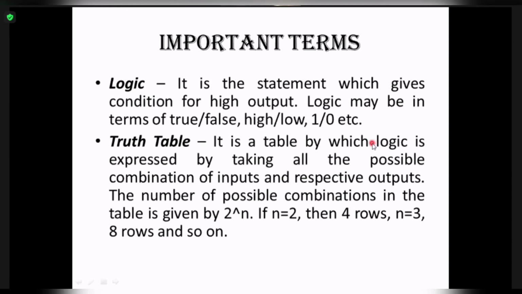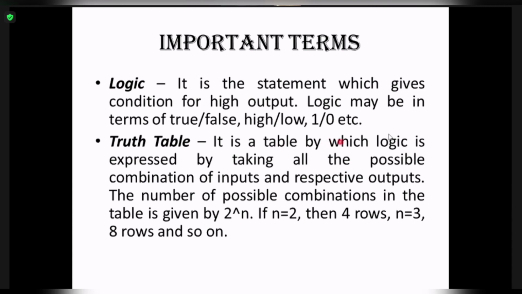We have already discussed the definition of logic gates. What was the definition? It is an electronic circuit which is having one or many inputs and exactly one output, right? So when we talk about the truth table, obviously there will be only one output column. The output column will only be one, but the number of inputs can be many. Either it can be one input or it can be many inputs, right?